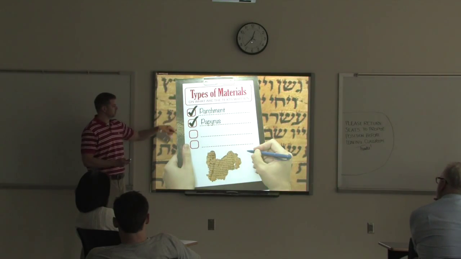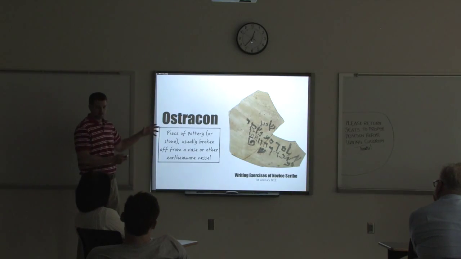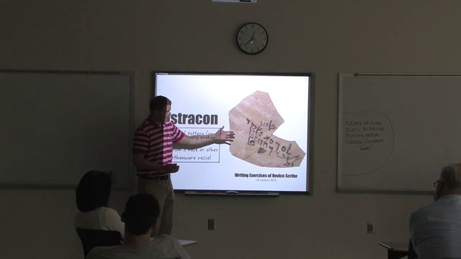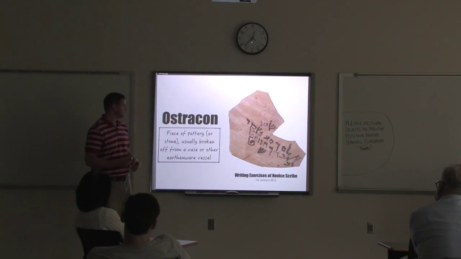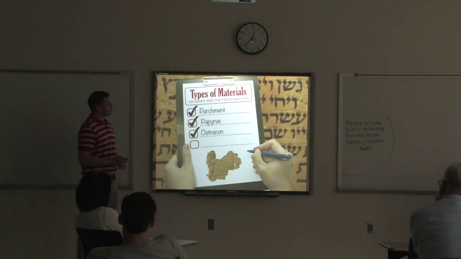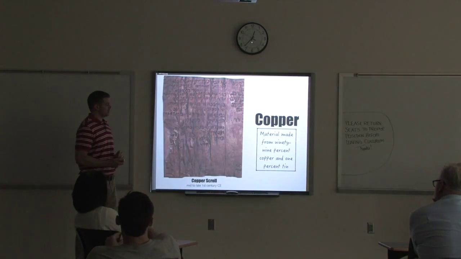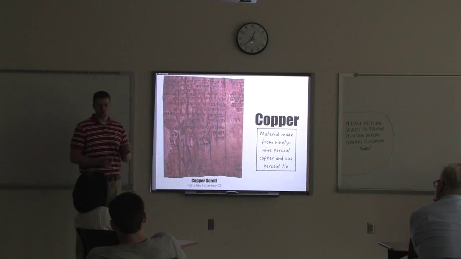So parchment, papyrus, there were some ostraca, which are just pieces of pottery that are broken off to write on. This particular one was just a writing exercise, probably for a novice scribe, writing his lessons there. We have a few of those. But the most interesting probably is this. We have one scroll made of copper. Now, this is a very pure copper. It's 99% copper and only 1% tin, so it's very, very valuable.